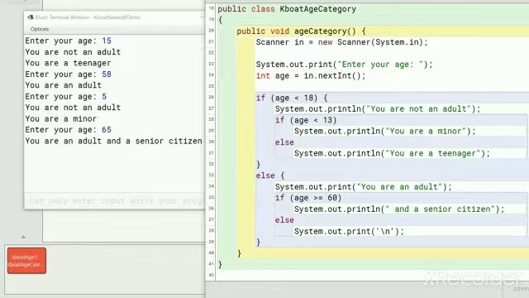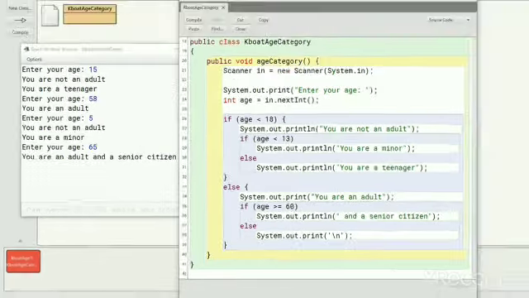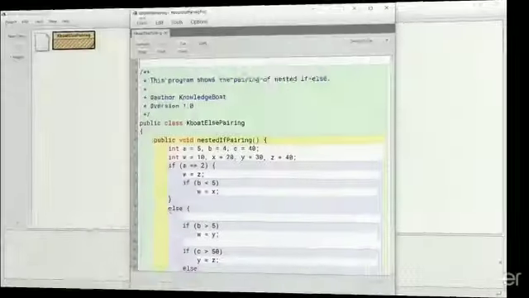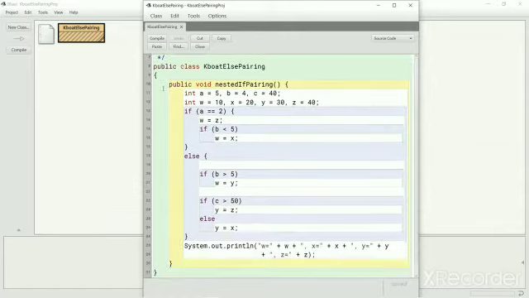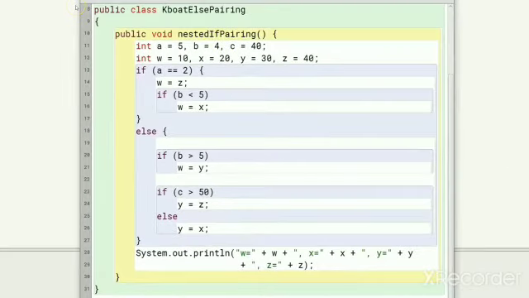At this point, I want to tell you an important thing about nested ifs. When you use nested ifs, remember that an else statement always refers to the nearest if statement that is within the same code block as the else and that is not already associated with an else. In this nested if-else, this else is associated with this if, as it is the nearest if within the same code block not already associated with an else.